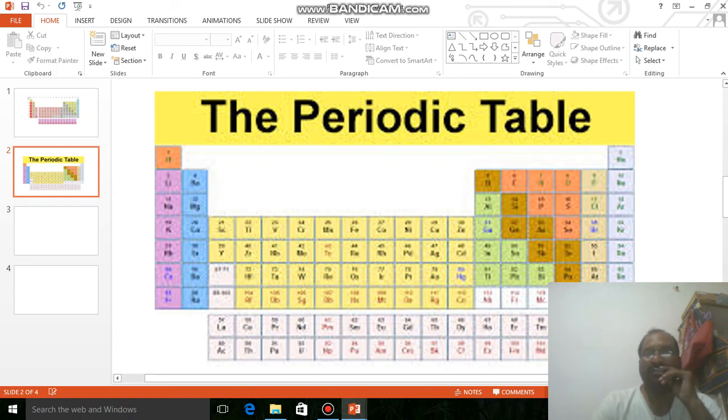All atoms try to get octet configuration by losing electrons, gaining electrons, or sharing electron pairs. Here you take any third group element. All third group elements contain only 3 electrons in the outermost orbit, so they can contribute 3 electrons only. Finally they will get 3 more electrons, so at the end they contain only 6 electrons in their outermost orbit. For stability they require 2 more electrons. That's why third group compounds act as electron pair acceptors.